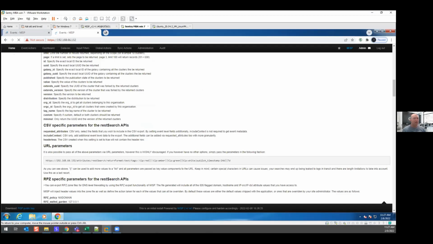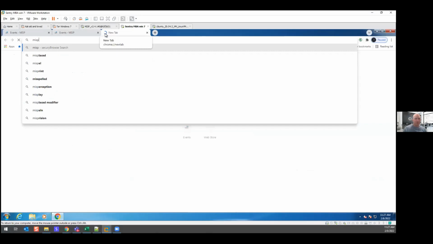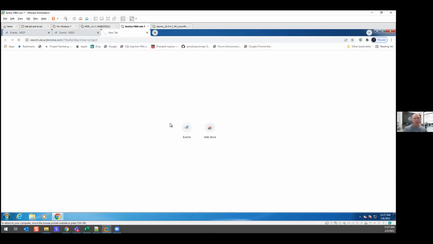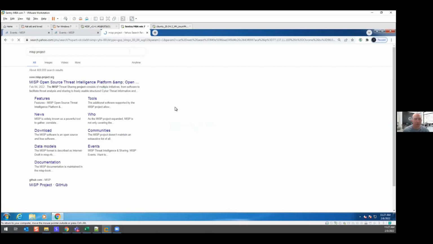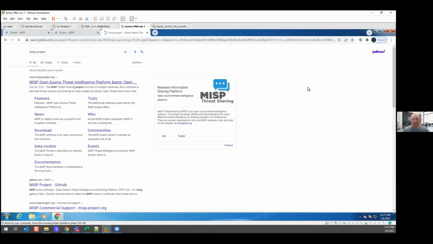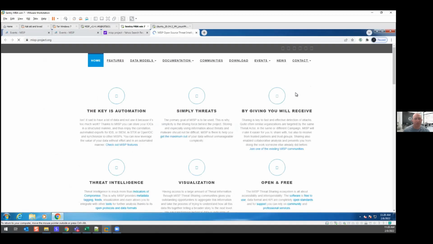saying again, you can go to the MISP project, and first of all, get this VM, and you can run it. I'm currently running it on a virtual machine locally, and you can explore all the options and all the capabilities for integration.